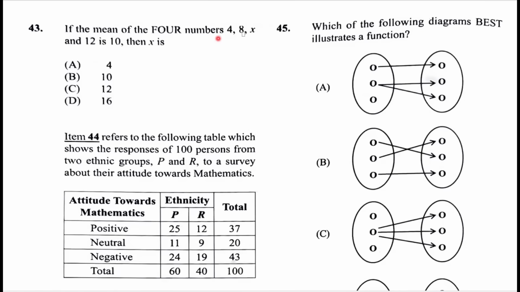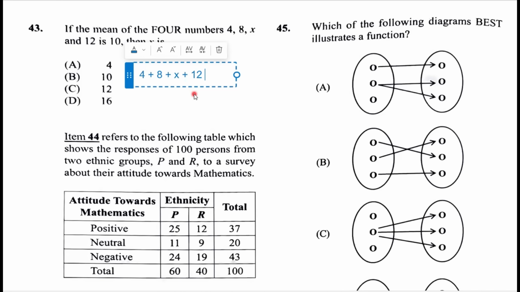43. The mean of the four numbers 4, 8, x, and 12 is 10, then x is, well, let me be real. If I add all of them and divide by 4, I'll get x. So I'm going to do this fast now. So 4, add 8, add x, add 12, all divided by 4 will give me 10. And let me make this fast. 4 add 8 is 12. 12 add 12 is 24. So 24 add